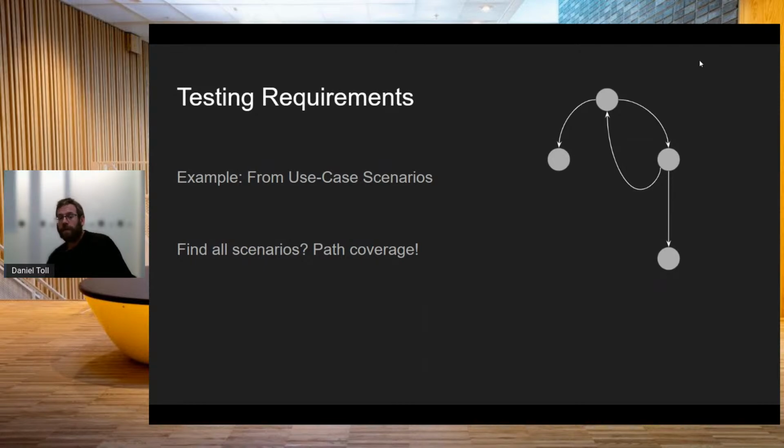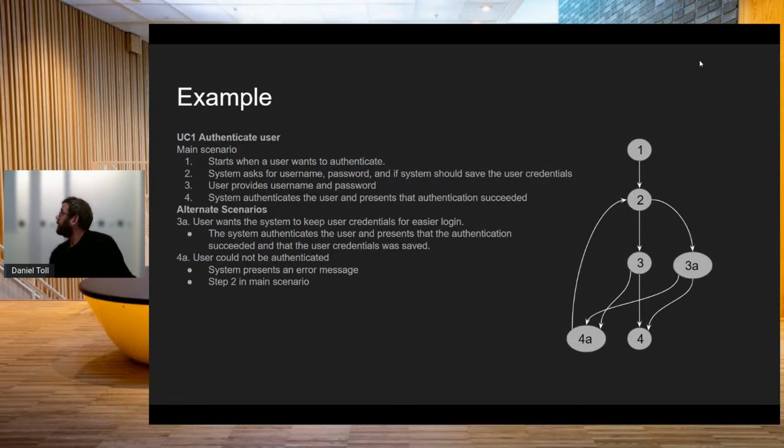So if you have a use case and you have alternate scenarios in the use case, then that is exactly like when we talked about the code and we wanted to have coverage of the code. We want to have coverage of the use cases and path coverage of the scenarios. So if we take a little bit more dressed form of that use case, you can see that I can graph the different paths, and then I can make sure that I get all paths in